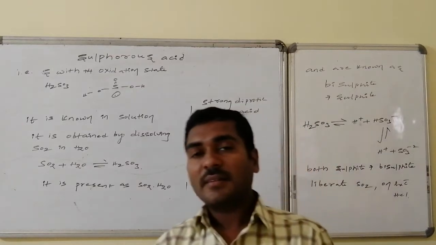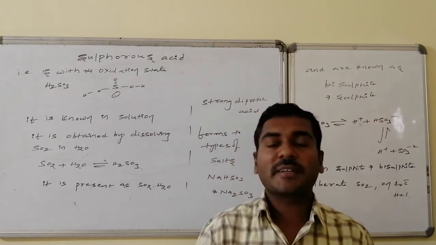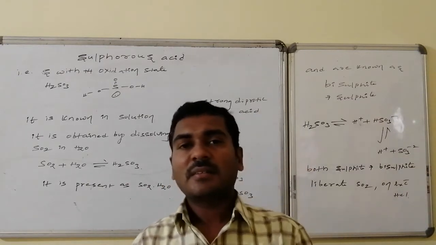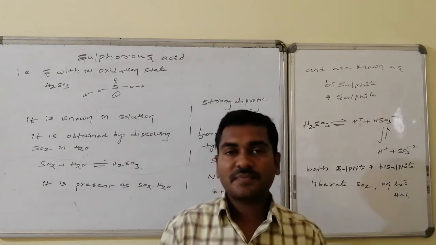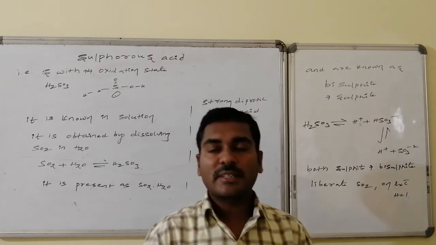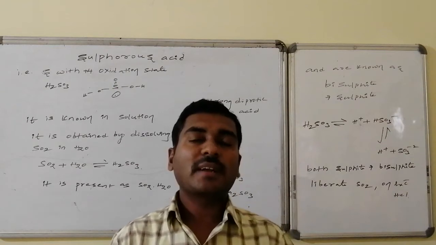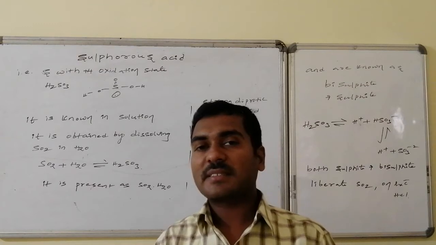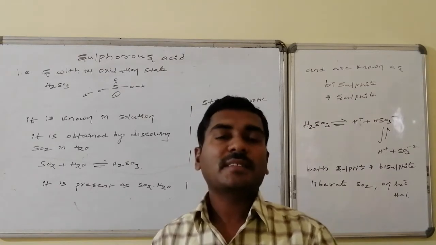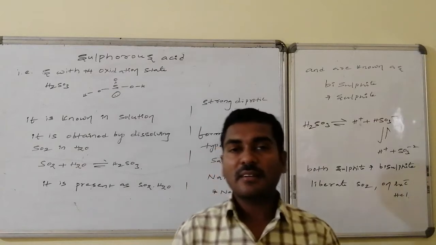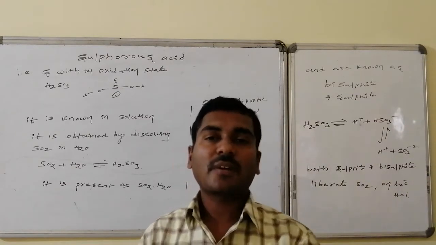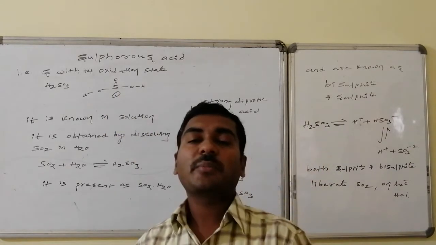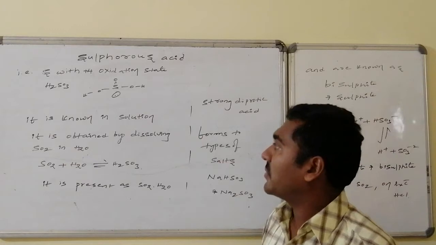Sulfurous acid is H2SO3. What does S stand for here? Sulfur is next to the higher oxidation state. The highest oxidation state of the group is 6, but here it is 6 minus 2, that is 4, because the unpaired electrons are generated from the lone pair of electrons. So sulfur is in the +4 oxidation state, and it is an oxyacid, a dibasic acid generating two varieties of salts. With the molecular formula H2SO3 and the structure of S connected with a double bond to O followed by 2 OH groups, it is said to be sulfurous acid.